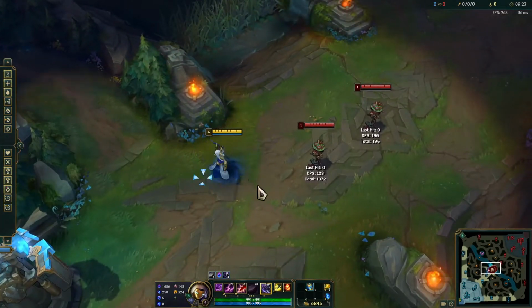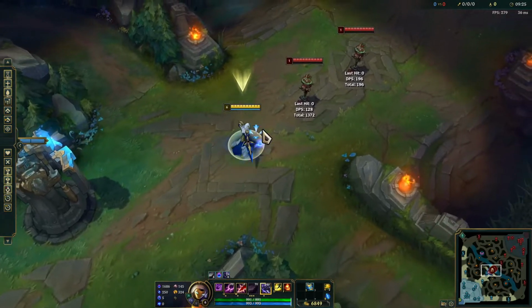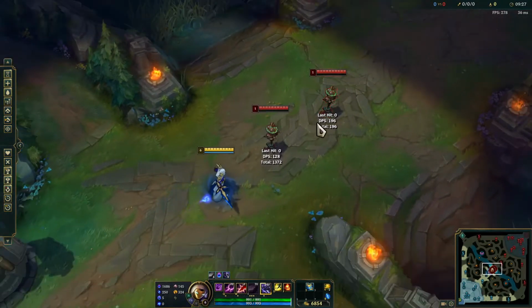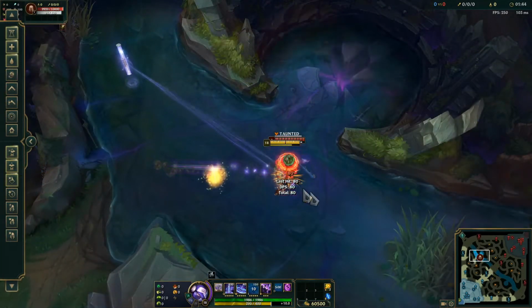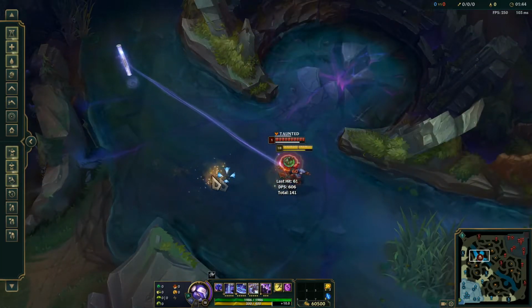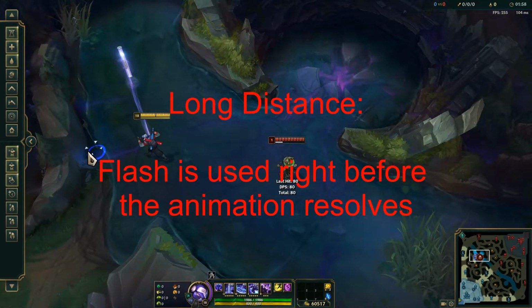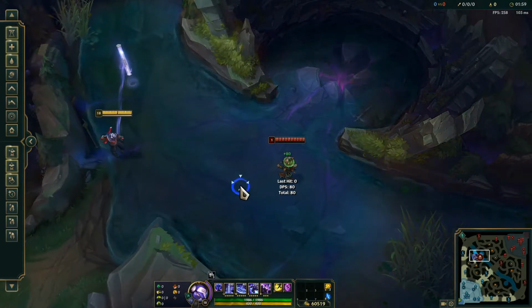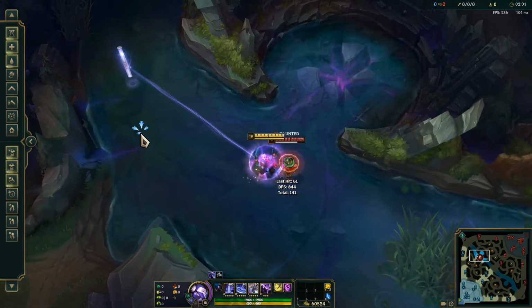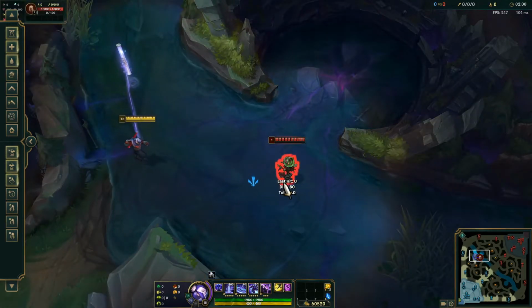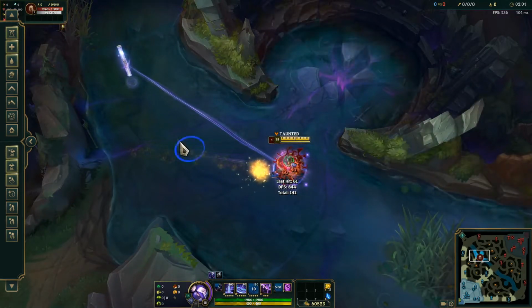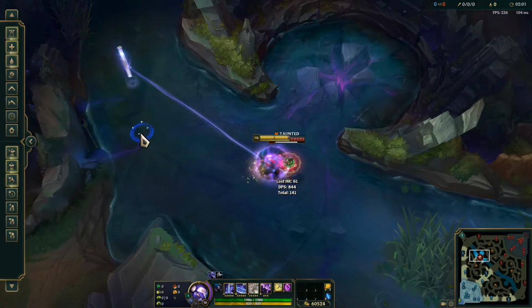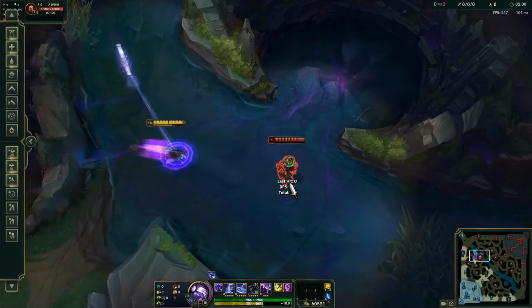So essentially the way this works is like any champion that has a dash flash combo, considering Shen for example, essentially what has to happen is in the middle of the dash animation, you flash on top of an enemy champion, and when your hitboxes meet, the damage as well as the crowd control will go off. So looking at this example from a previous Advanced League Tips video with Shen, you can see here that in the middle of Shen's dash, you flash forward on top of an enemy's hitbox, and the taunt as well as